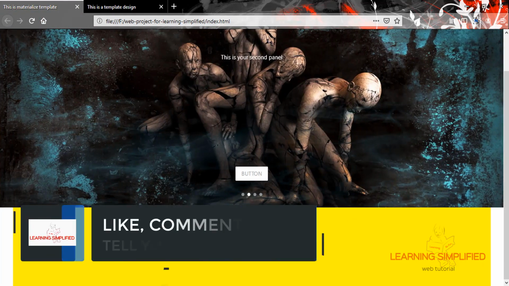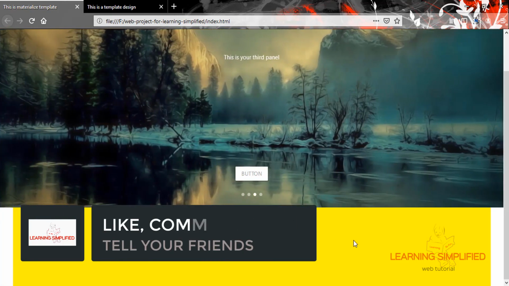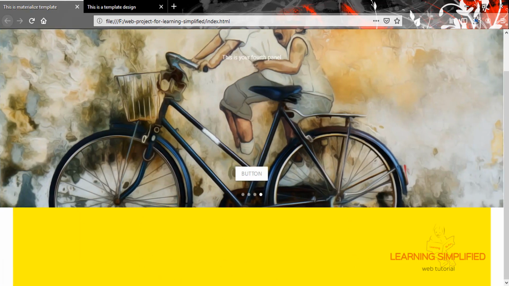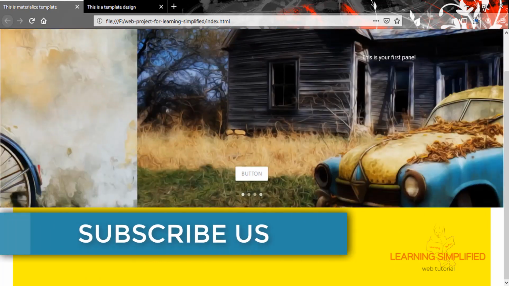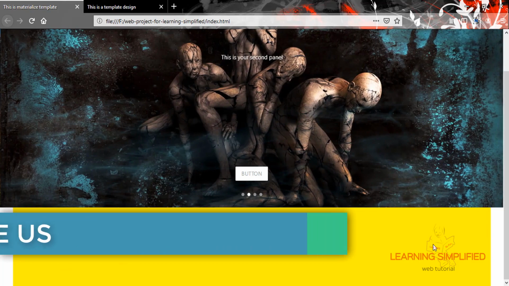Okay, now that we have created this one, and as we are assured that everything is proper in its place, in the next case we have created all those 4 columns over here. In the next case, we are now about to use the materialize icons in this particular segment.